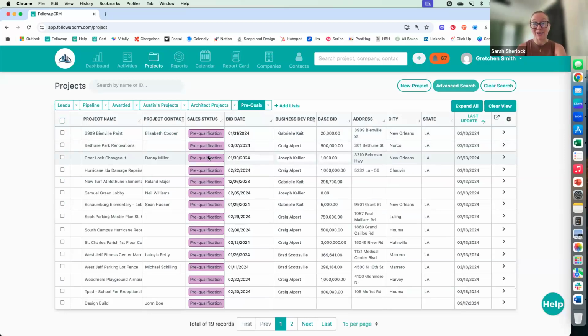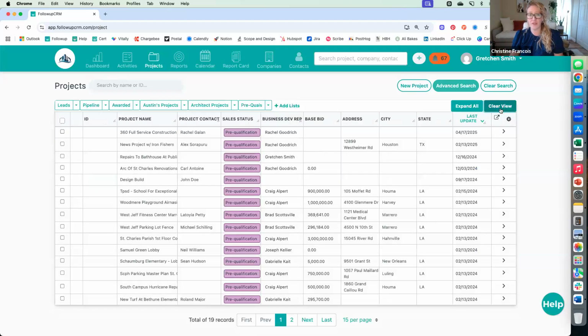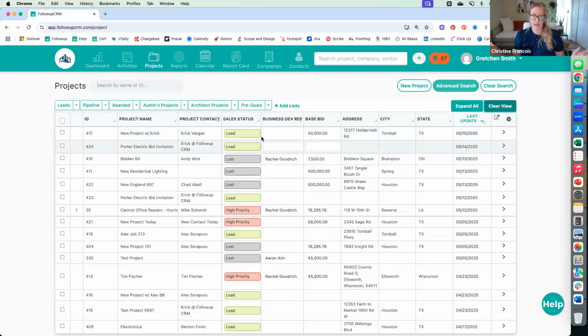Being able to look through these, and like you just said, you can put an assignee on there. Yeah, 100%. So you can do this not just on the list. This function works. I can hit clear view here. This function works on my project page as a whole. Generally, when you're bulk updating things, though, you're going to want to do an advanced search or a list to